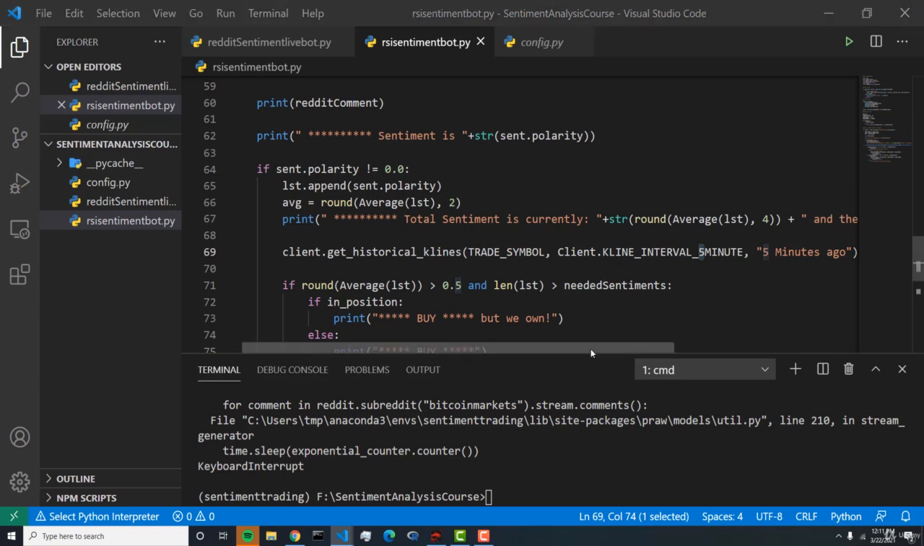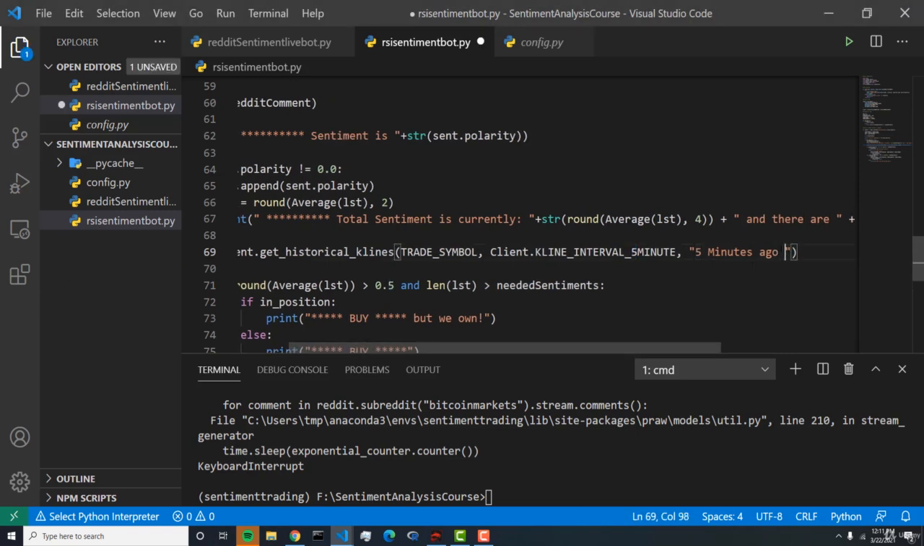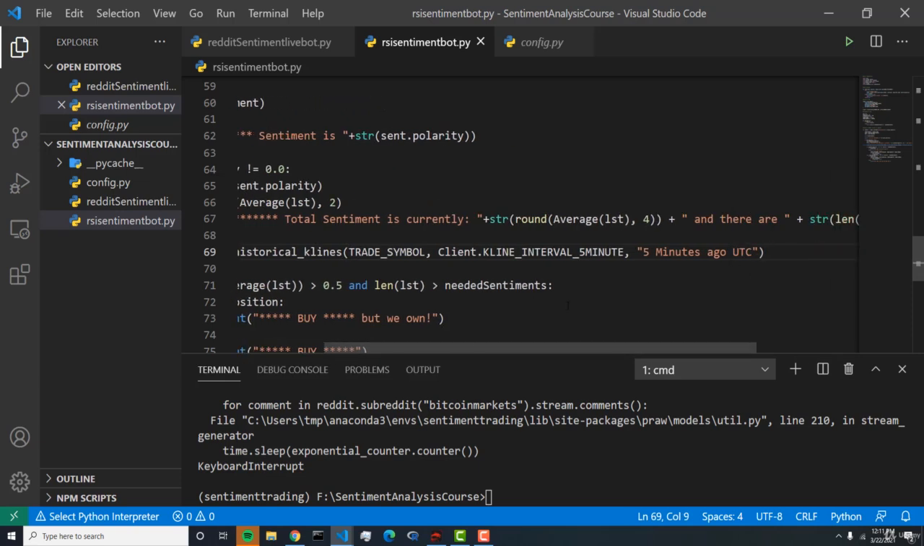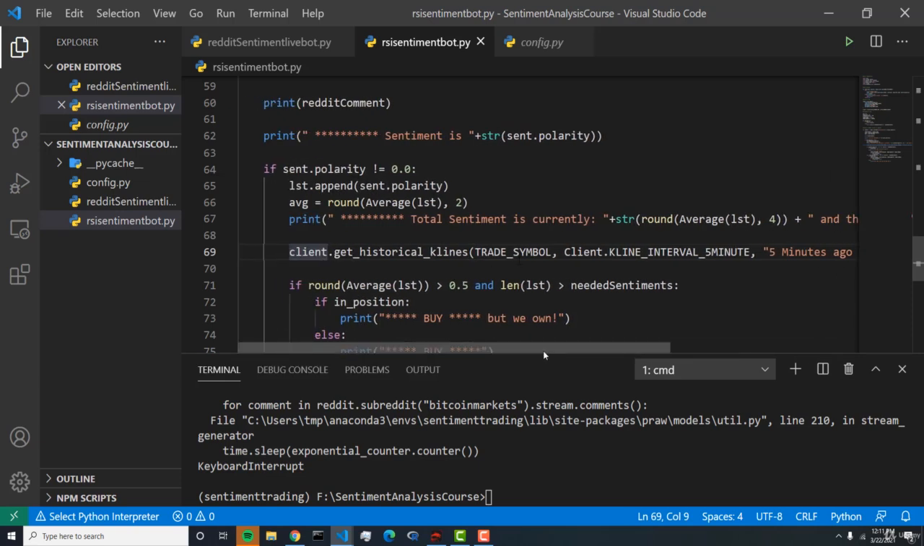Okay, and we also need to specify the time zone, and this is UTC, and this is just following the documentation. Okay, so this is essentially getting the 5-minute candlesticks for our trade symbol. And so we can set this to a variable called klines, or let's do candles. Okay, and then we can essentially just print